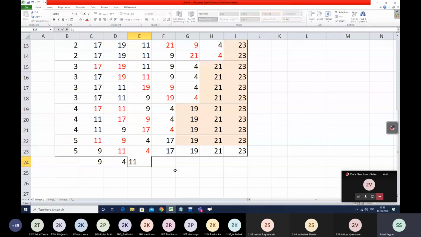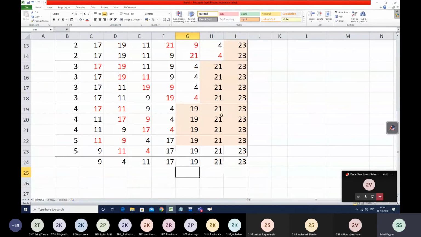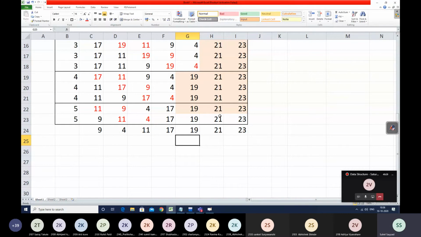See here, till you solve the last step, you didn't get the answer. Why? Because I had kept 4 intentionally on the extreme right. But sometimes some random input may give you the result before that also. That's what I was trying to explain to you. But you should not stop there in that case. Are you getting this?